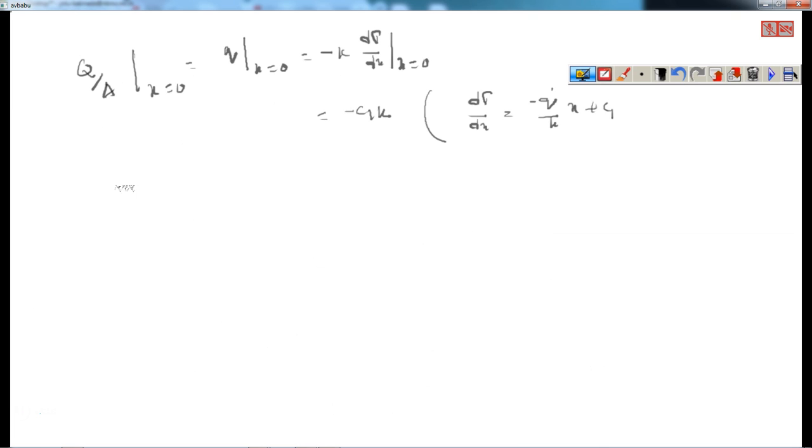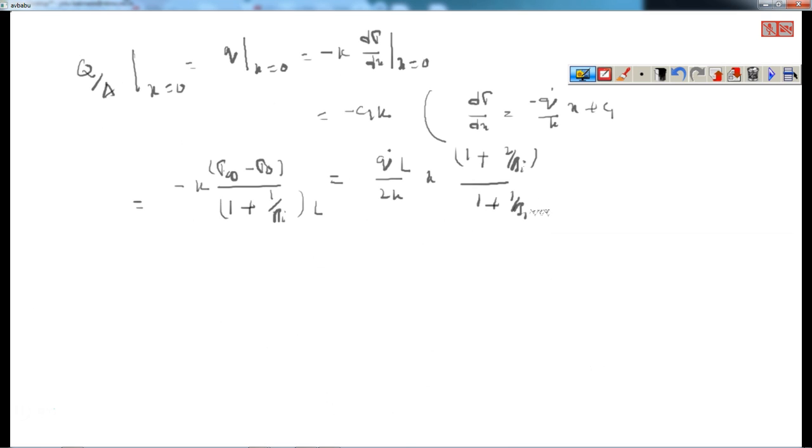Okay, now this is equals to minus k into T infinity minus T0 divided by 1 plus 1 by Biot number into L, can be written as q dot L by 2k into k into 1 plus 2 by Biot number divided by 1 plus 1 by Biot number, that is equals to